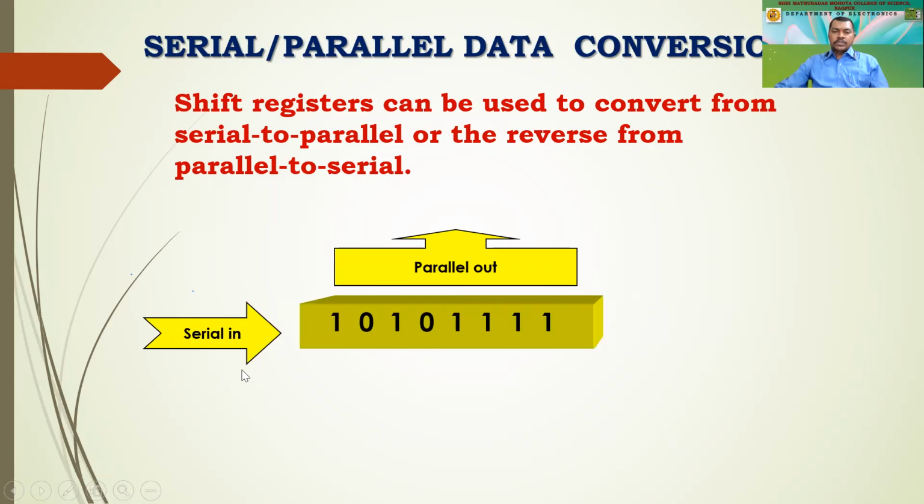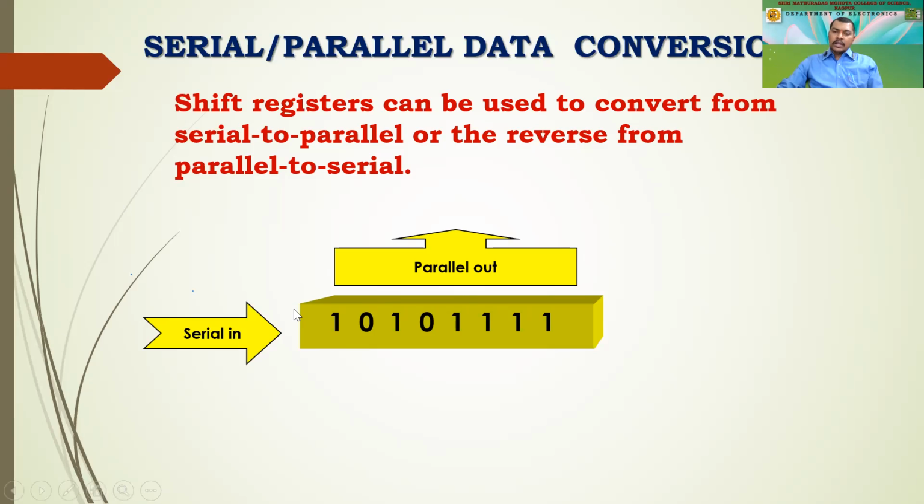Now this is the concept of serial in, parallel out. The same case is over there. Again, we have an 8-bit shift register where we expect the data to be given serially. So if all the data is passed through all the flip-flops, 8 bits of data can be taken out through their outputs as 8 parallel data. So this is called serial in, parallel out, SIPO. The first one was called serial in, serial out, SISO. This is serial in, parallel out, right?